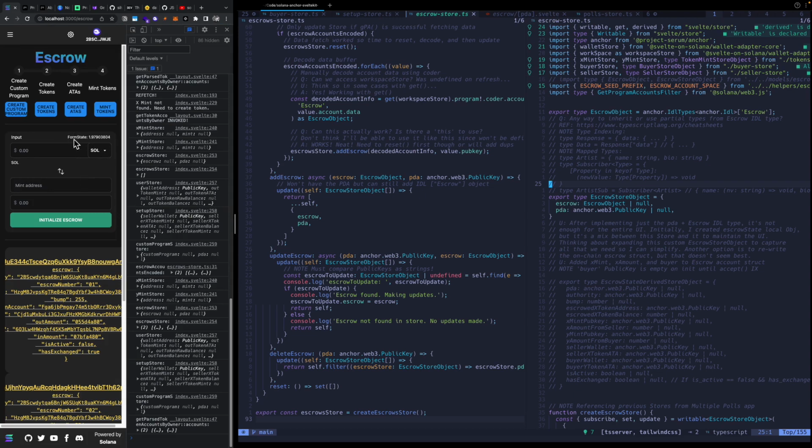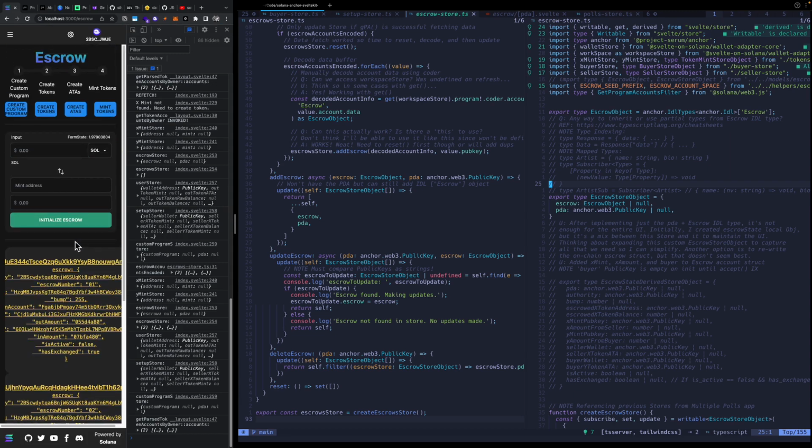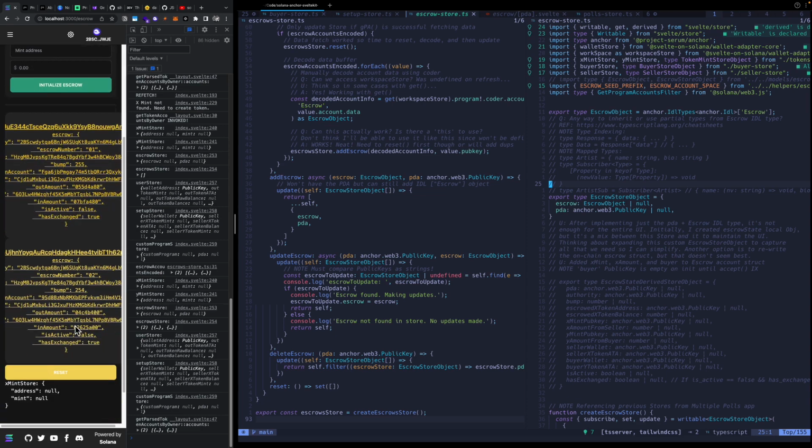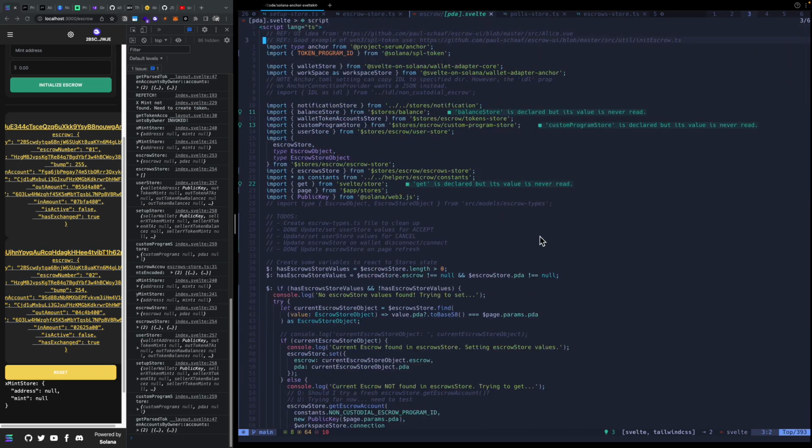So now that I have successfully gone through and exchanged a couple of escrows, one of the things I would like to do is work on the cancel. So in my code, I have some to-dos left off here. We've done it for the accept, and that seems to be working well so far. We need to do the same for the cancel instruction,